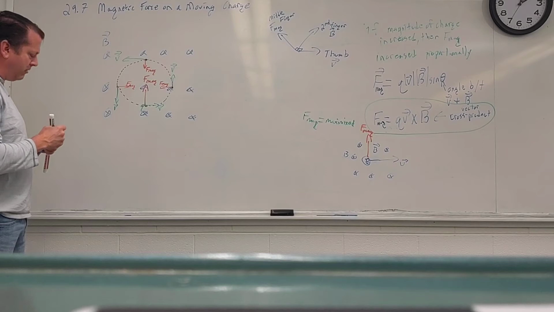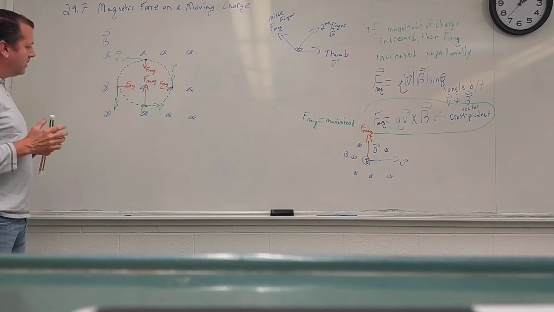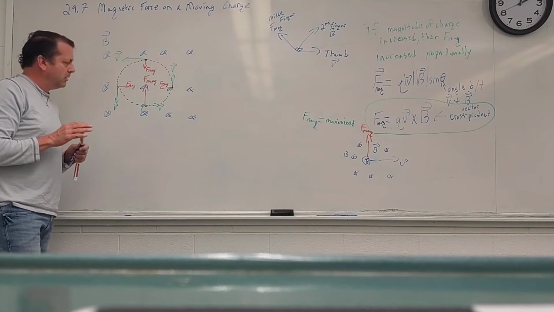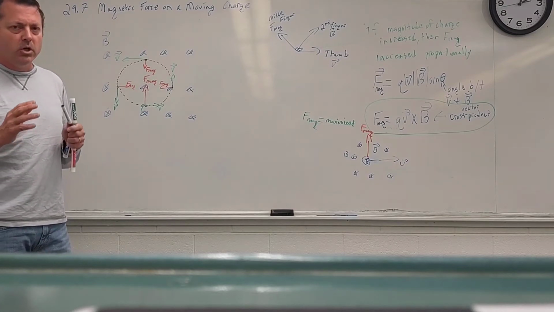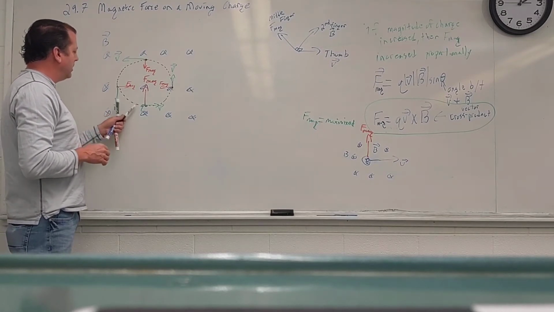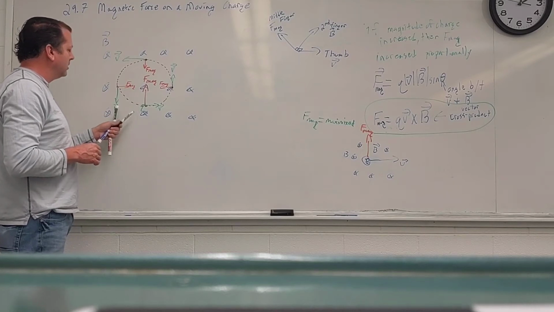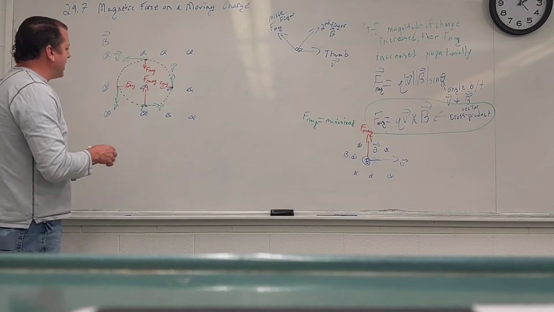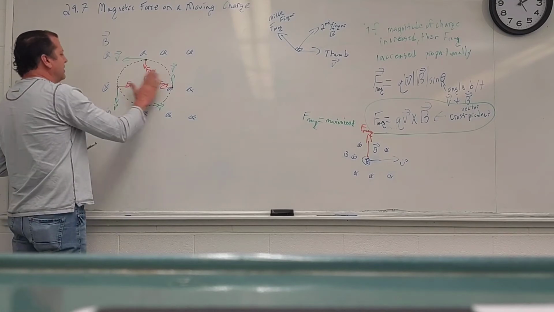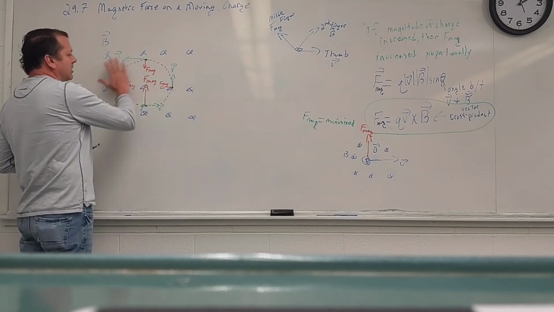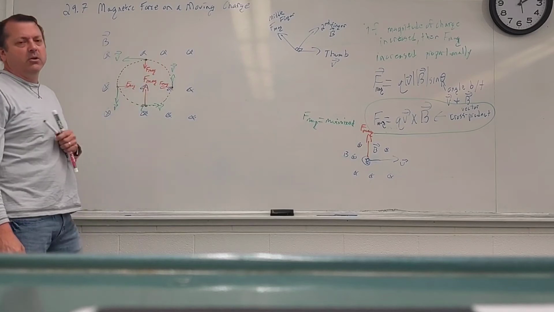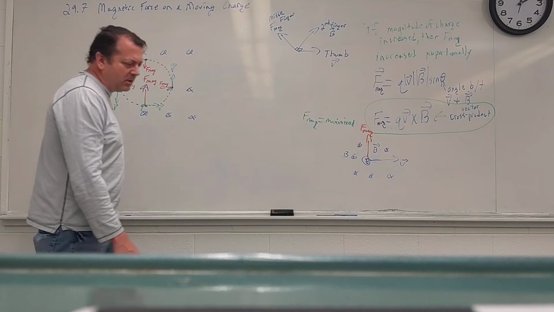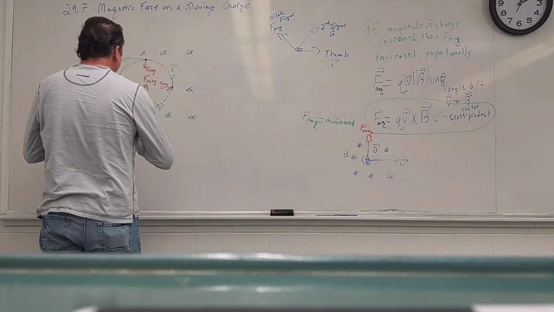So if I have a charge moving in a plane perpendicular to a consistent, non-changing magnetic field, meaning its plane of motion is perpendicular to that field, it will actually move in a circle. And this is known as